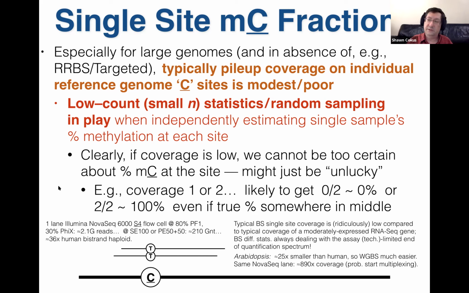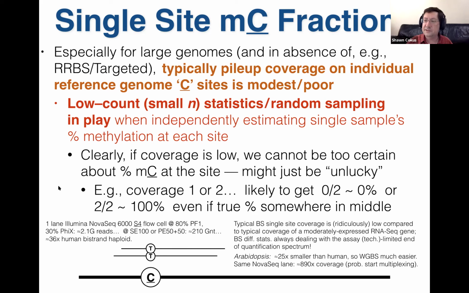When we started on GA1 with the Arabidopsis, which is a 25x smaller genome, we had to run almost 100 lanes, and then 30 of them didn't work or something, to get our average 10x coverage that we did for the Nature paper. So it's orders of magnitude improvement, but the genomes are big, and you want to run bioreplicates,